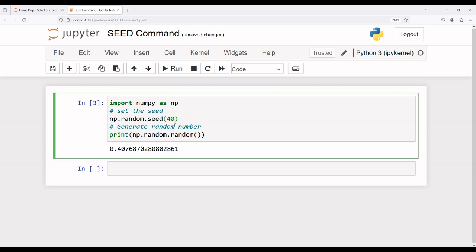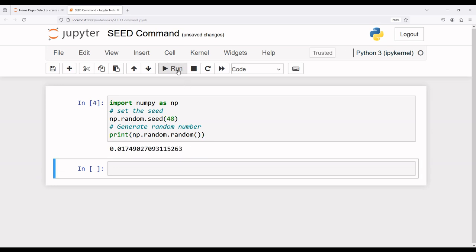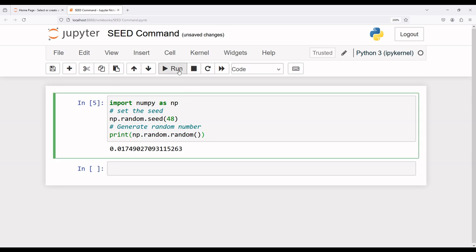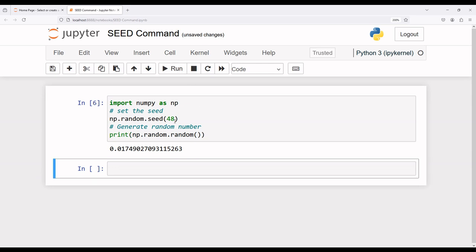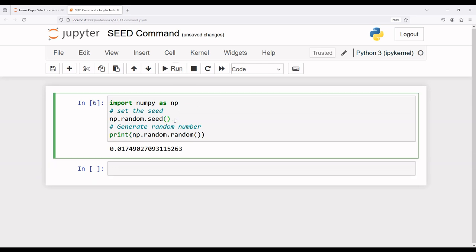Suppose you want to change the seed here to 48, like run, again run. I change it here to 55 and now